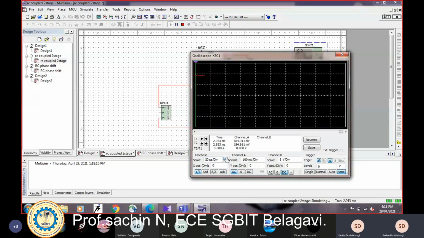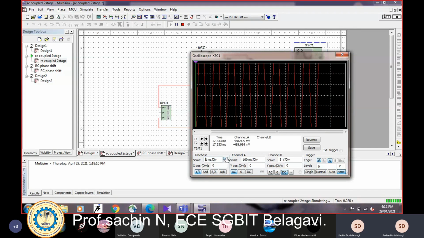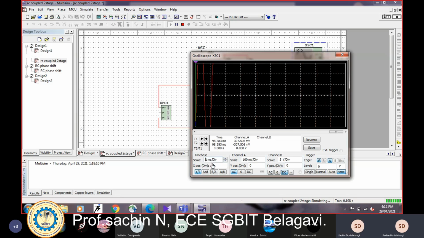In an oscilloscope you can find time per division. Hope you can see it now. It has changed to 1 millisecond per division. You can zoom it and go through my cursor. It is 1 millisecond per division.